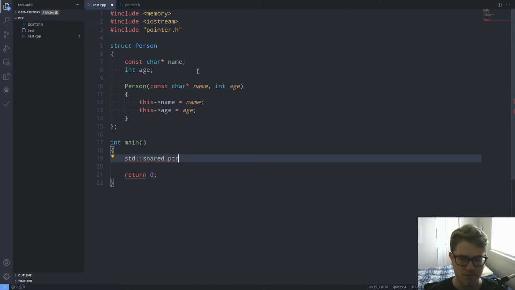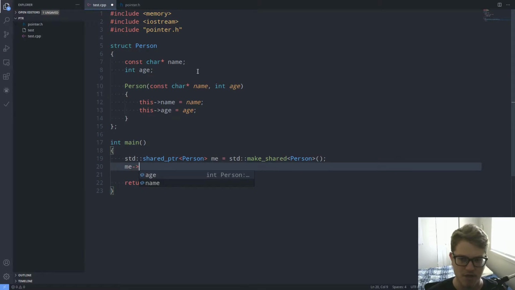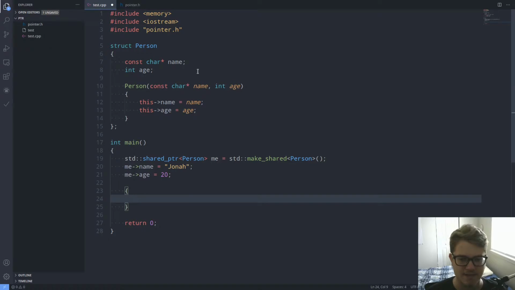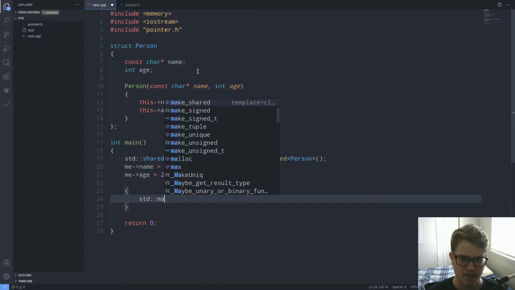So we would have some shared pointer of type person. We can just call that me. And what you're supposed to do is call make shared. Right, and we have this right here. And so we can come in and set the name to my name, and set the age to my age. And that's all good. And so we can pass this around,